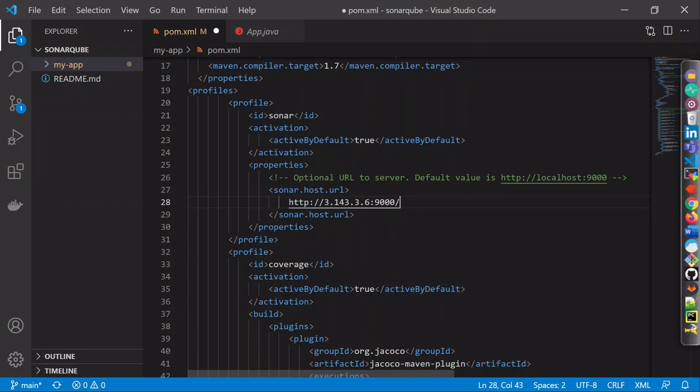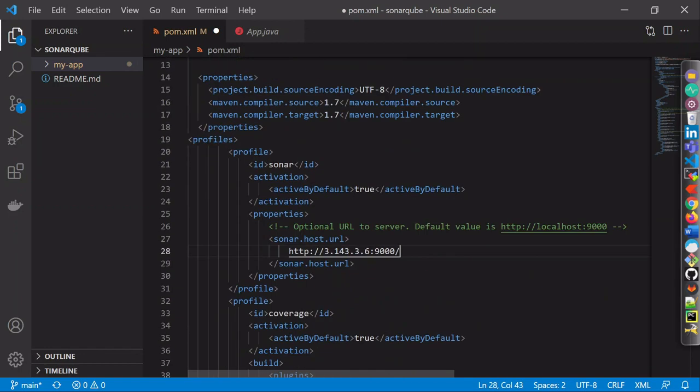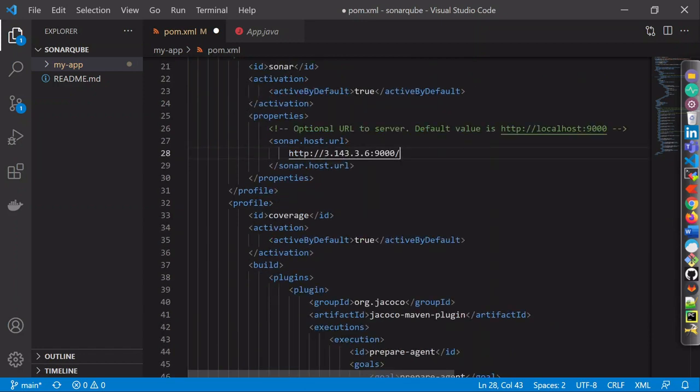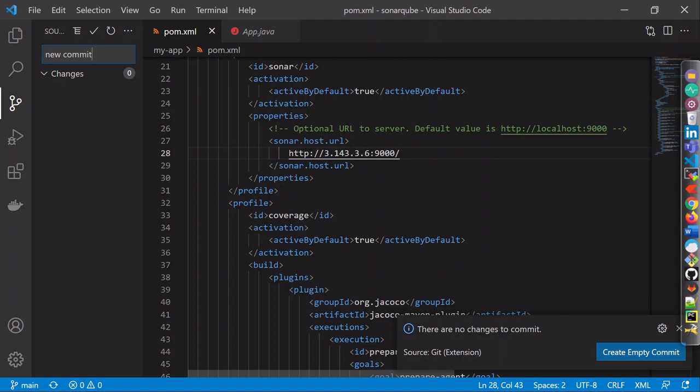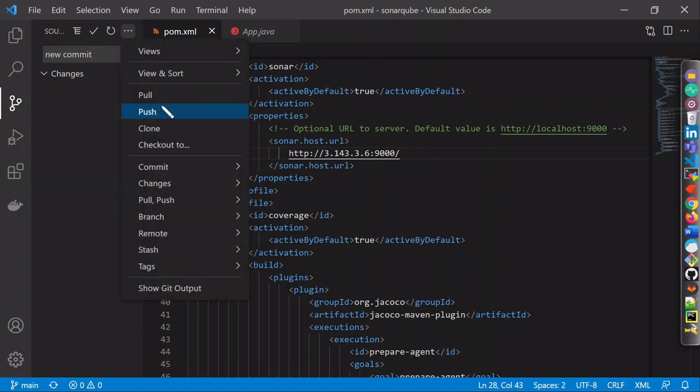Okay, so the change is just replace the localhost with your IP, then everything will be the same. Click on save, then commit it, give the message new commit, then click on the tick button, so it says okay. So earlier it was the same, that's why. So just push it.